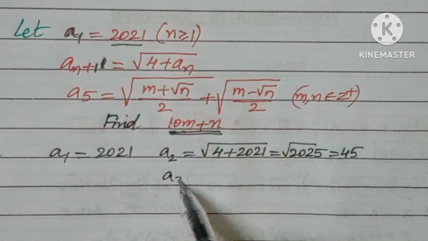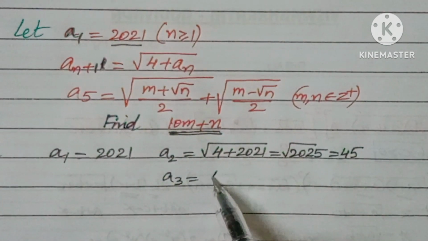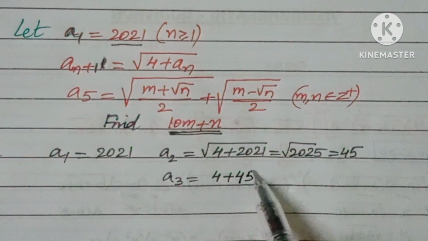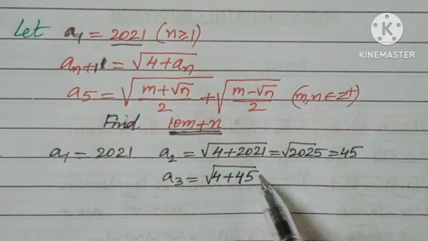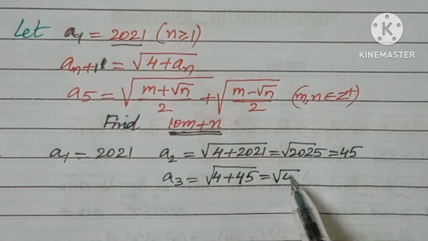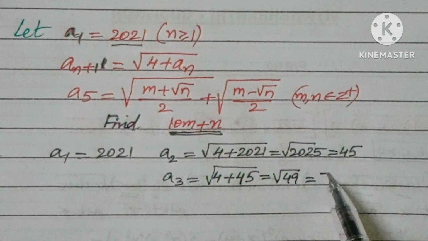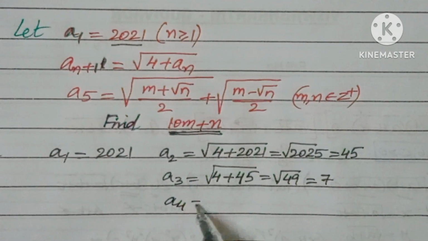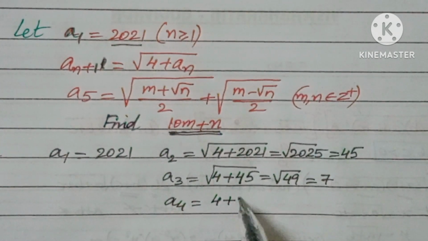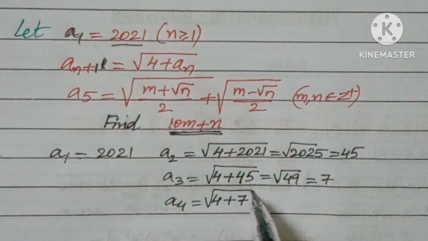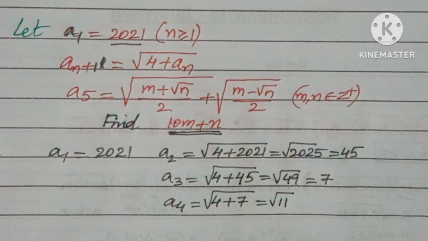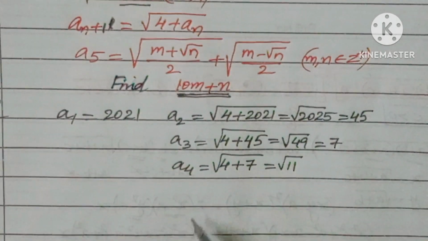Next, a3 will be square root of 4 plus 45, square root of 49, you will get 7. Now a4 will be square root of 4 plus 7, you will get root 11. In the same way,